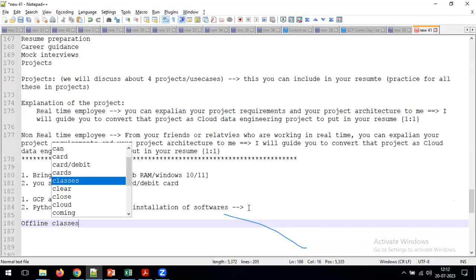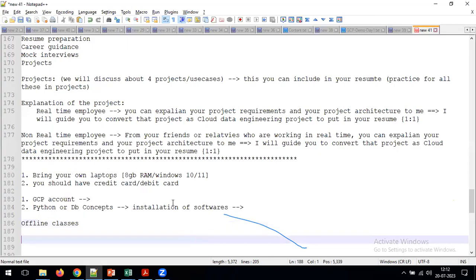Automatically there is no distraction. At the same time, you can mingle with the other folks also. Together you can perform the practice and discuss each and everything. With that, you can get good knowledge and good practice. But if you are really in a tough situation to come to offline classes, you can go for online. But my opinion is that offline practice and offline classes are much better. That is my opinion.